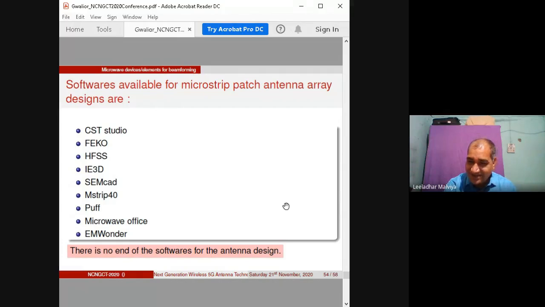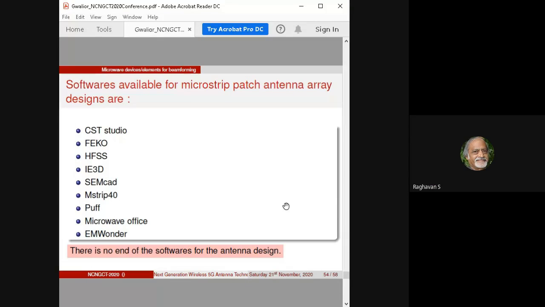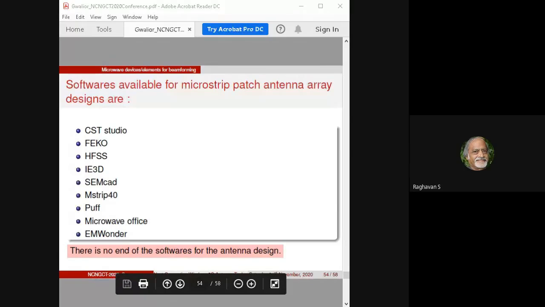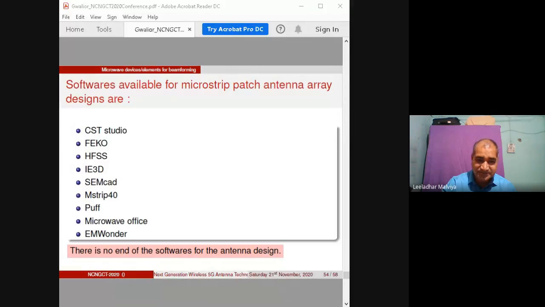Raghavan sir has written so many good things here, so I have to read those things. He has shown, really, it came as a feast. You have shown so many three-step branch line couplers, so many things. I do not know how many appreciated, anyway, I enjoyed. Okay, thank you, sir. Yes, any further query, please?